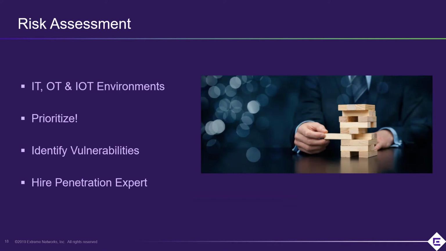61% of people surveyed indicated that they have no idea what is in their network. They could not provide a complete assessment. Now, in my mind, if you can't see something and you don't know it's there, you can't secure it. So IT, OT, and IoT environments are very key. Make sure that you look at your operational technology, your production floors, if you happen to be manufacturing, and almost everyone has IoT environments. Don't forget those.